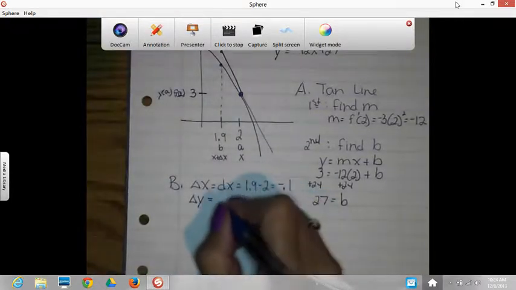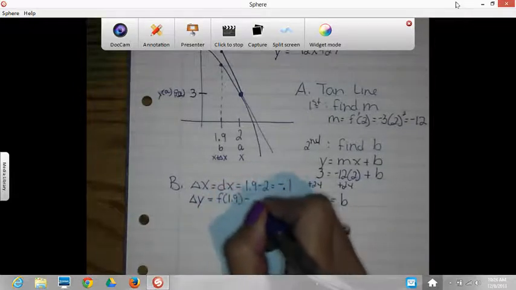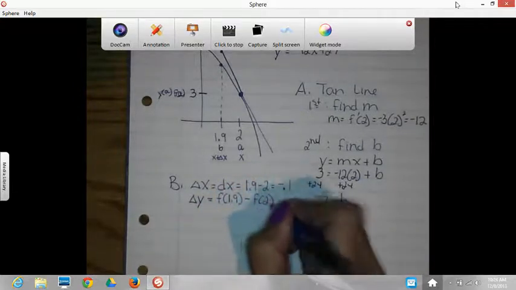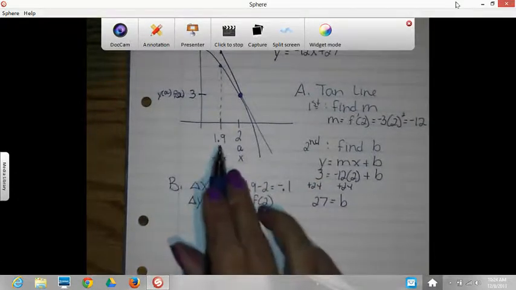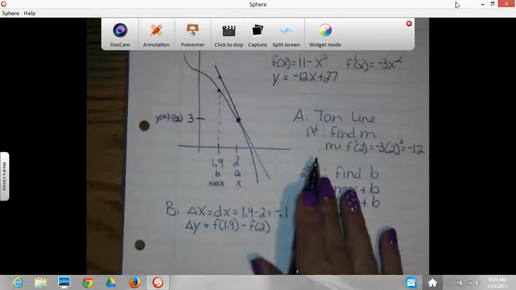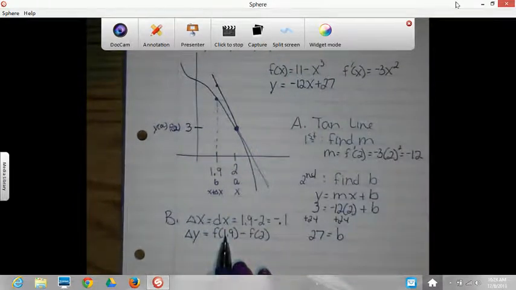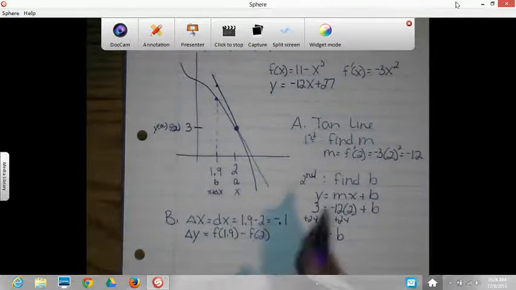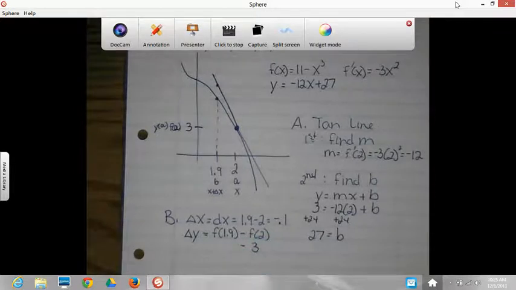So if I apply it to this problem, I want f of 1.9 minus f of 2. F is my original function. So all I've got to do is go back to my 11 minus x cubed, plug in 1.9, and we already know that when we put the 2 in, we get a 3. So I've just got to plug the 1.9 in,